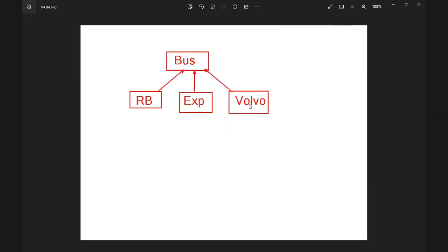Next example, consider the object bus with its operation brakes, and its subtypes.